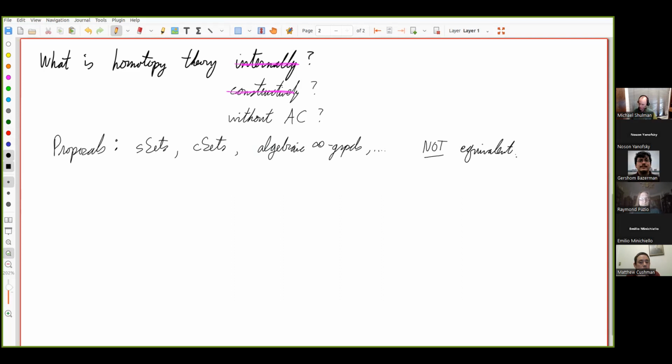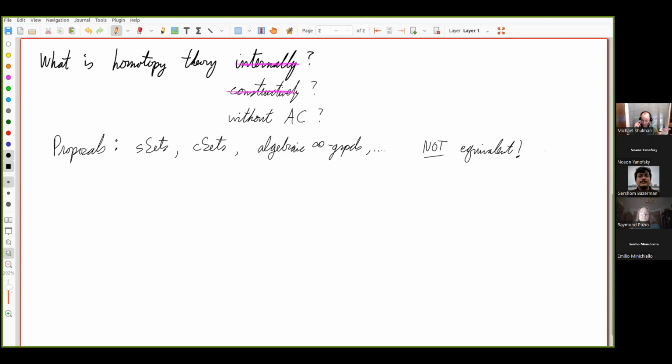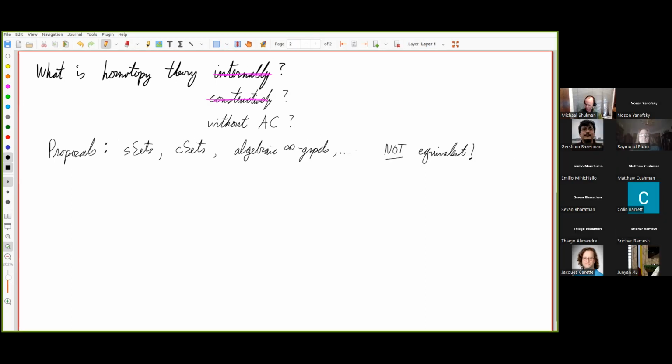Apparently, anyway. I don't know whether it's entirely clear that they're not, but it certainly seemed to be not equivalent. And so that raises a natural question of which is right, and what does it mean to be right or correct? And that's the question that I want to make a little bit of headway on, at least. I'm not going to propose an actual answer to that question, but I would like to understand at least even